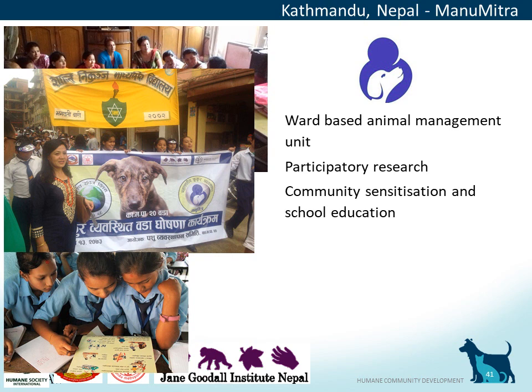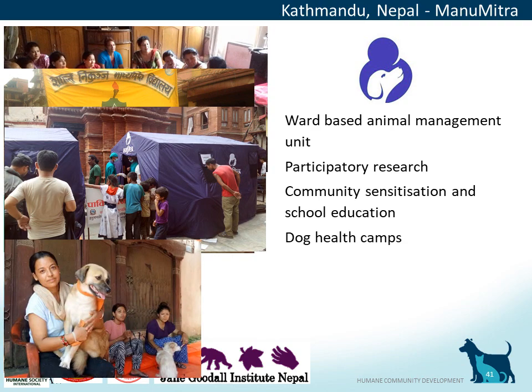And in this photo here, what we see is a ward that chose to do a street march as a form of dissemination. And about 200 people took part in the march from a ward of just 8,000, which shows how high up the agenda this dog issue is. This other photo is from the school education programme, which focuses on bite prevention and treatment. They also run dog health camps, providing sterilisation and vaccination for owned dogs.